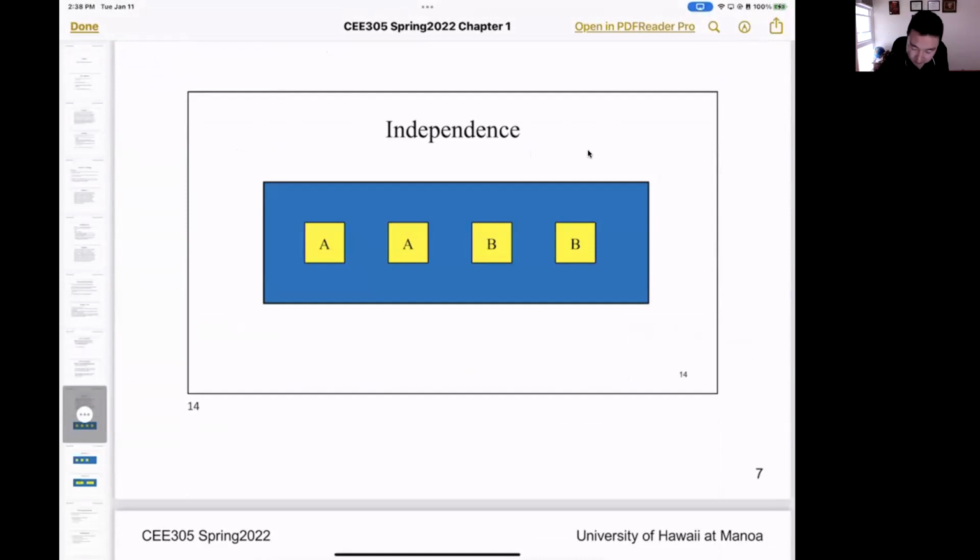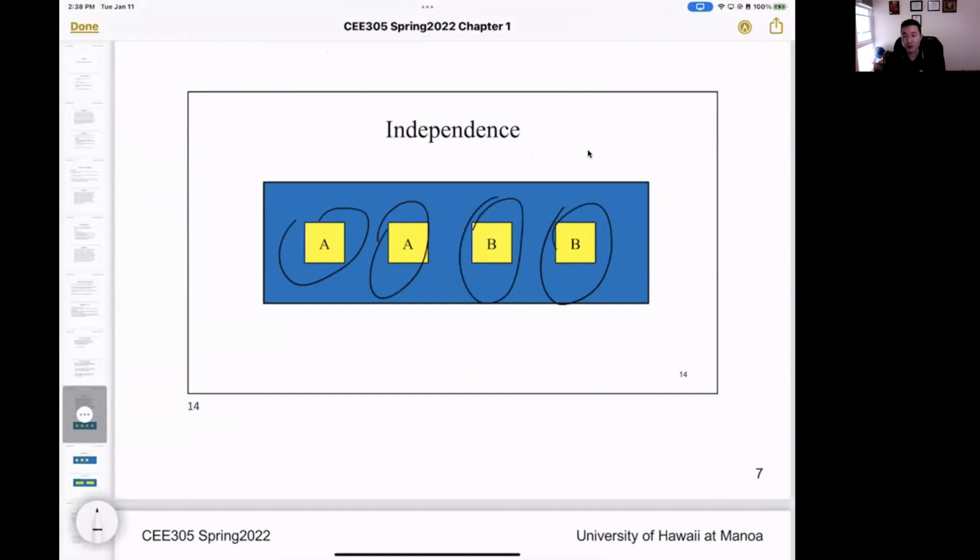So let's see, the whole population has 2 A's and 2 B's. We try to have 2 picks. For the first pick, we pick one randomly. And for the second pick, we pick another item from this whole sample. So let's see, if on the first pick we have A, then for the second pick,